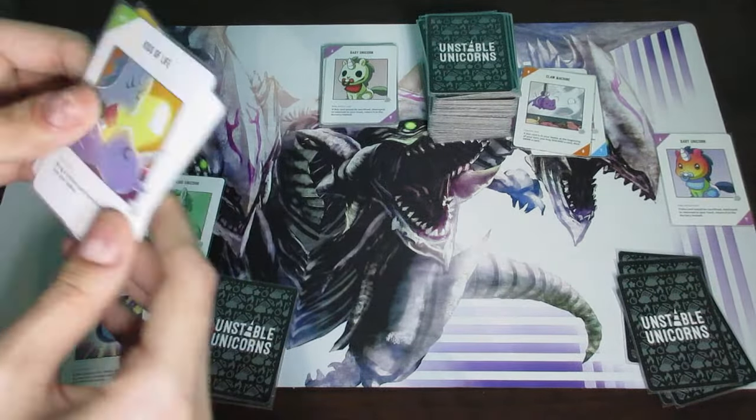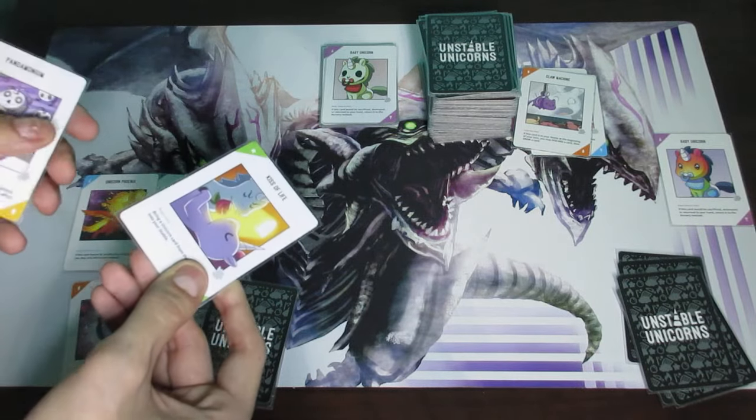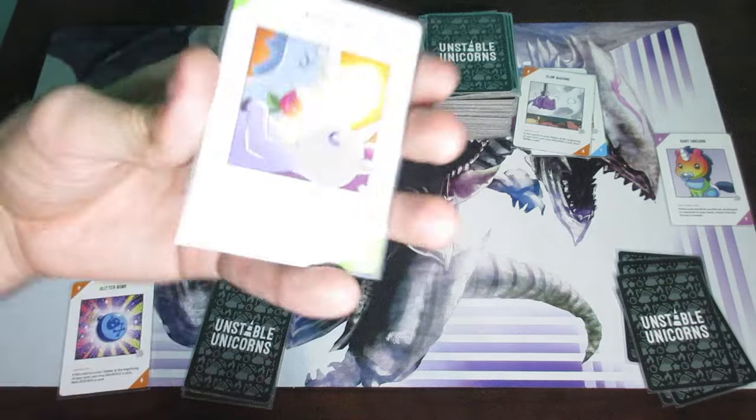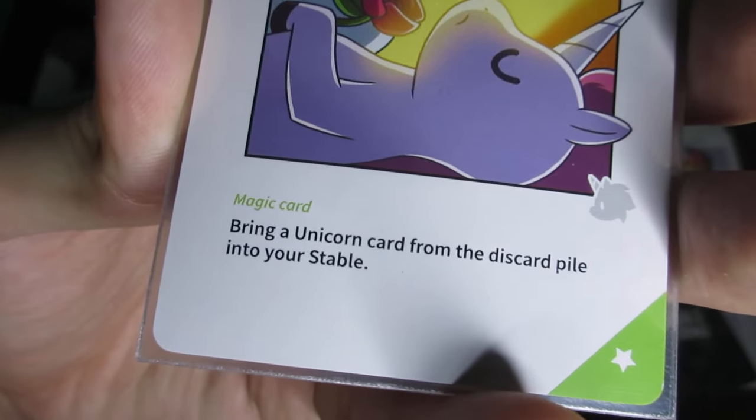Magic cards are labeled green. Magic cards typically are not going to actually reside in the stable because you simply place the card by activating it, and then it goes to the discard pile because it can't exist in a stable. For example, if we read this card, it says, bring a unicorn card from the discard pile into